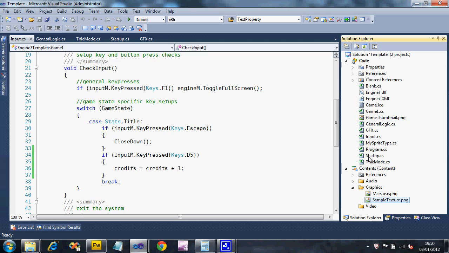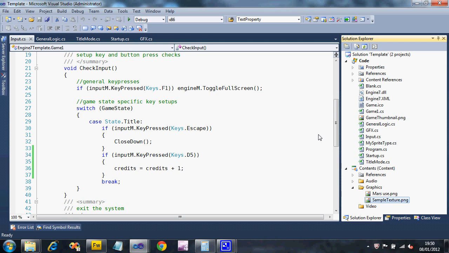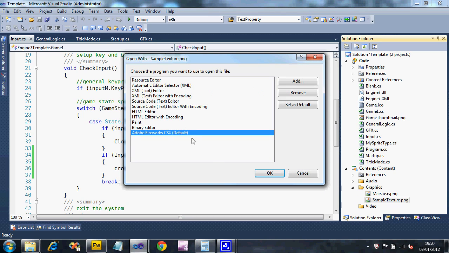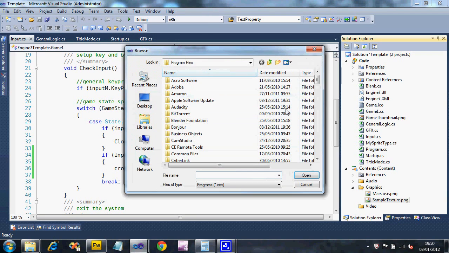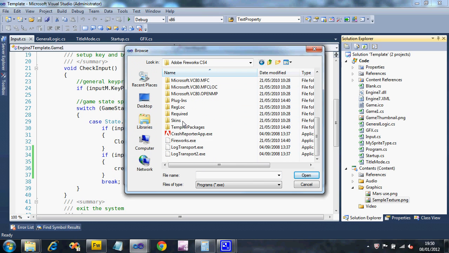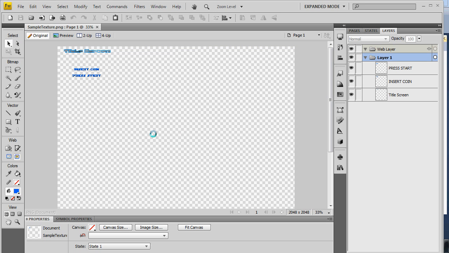texture in Fireworks. So open your graphics folder from Solution Explorer, right click on sample texture and say open with. Now if you haven't got Fireworks on there, you need to go add, just click the little ellipse, go to Adobe, go to Fireworks and find fireworks.exe. Okay, I've already got it, so I'm just going to double click and there you go, it's loaded it up